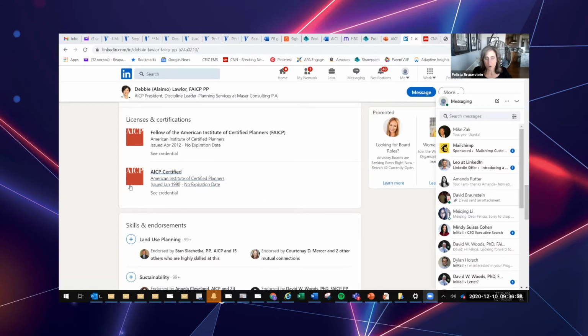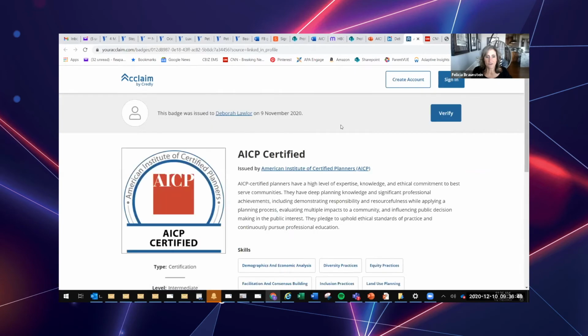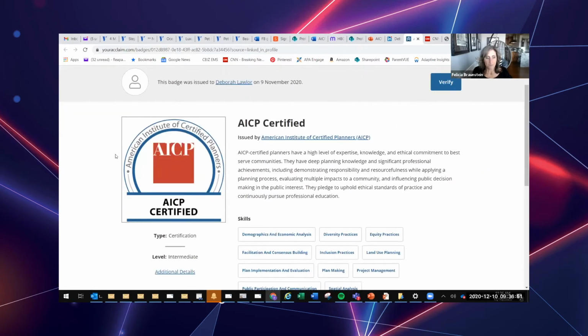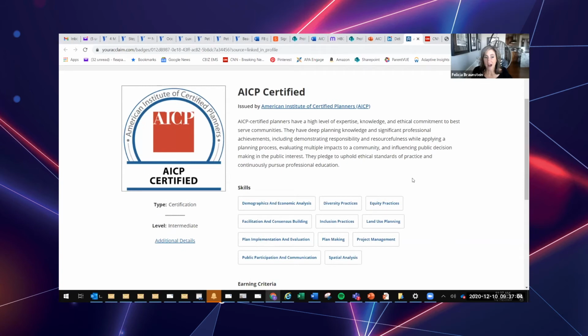So after you pass the exam, you would have one that says AICP candidate. And then it's linked to our database. So it shows if you're an active member, it'll come up just like this. It has a really cool little logo, and you can make a link to it and put it on your resume so that employers can verify that you actually are part of the program. So you would be accumulating them, right? You would get a candidate one and then you would get an AICP one as you go through the process.